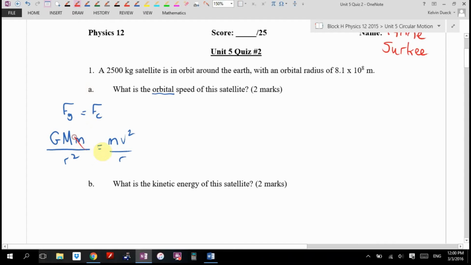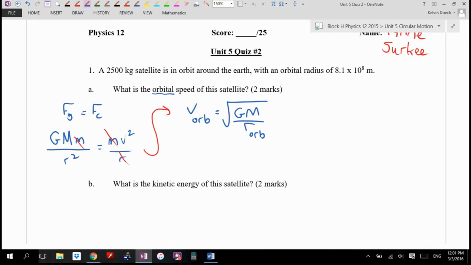Little m cancels. One of the r's cancels. And I think we end up with orbital speed. This one is clean enough that I've started memorizing it in this unit. I'll forget it again in a month. The other ones with t and stuff by themselves, I'd still derive. Is that right? Yeah, that's the right equation. So it's going to be